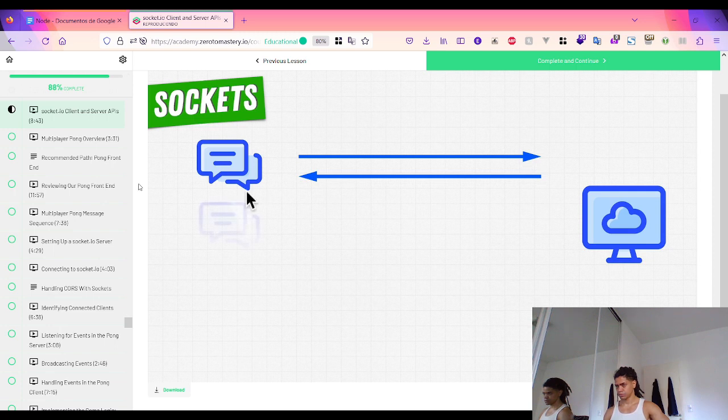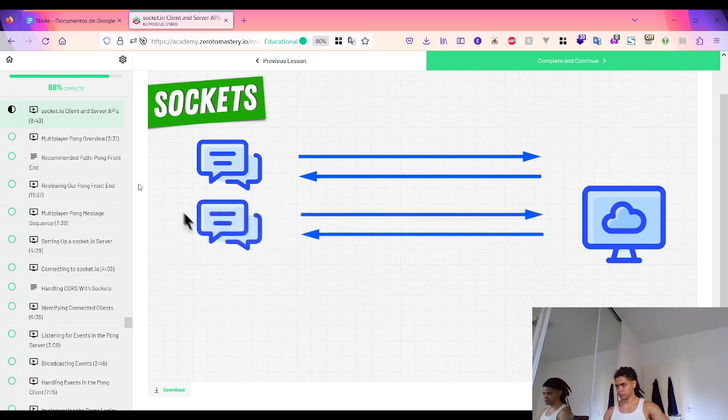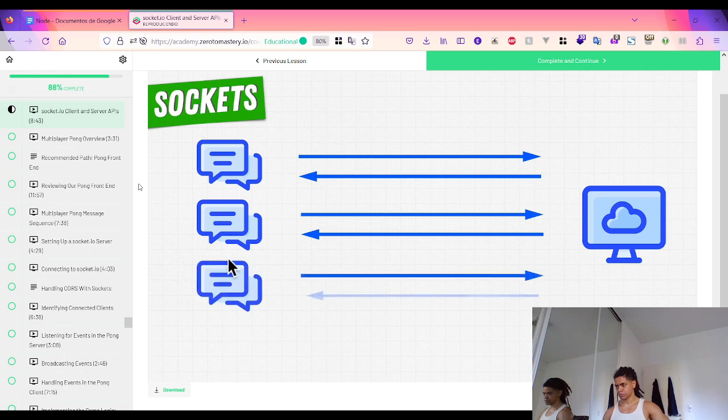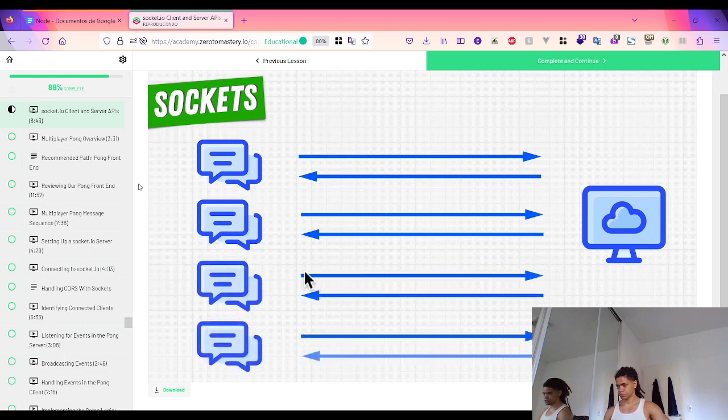For example, by keeping track of the multiple clients that are connected to it, and by having the ability to send messages back and forth between these clients individually, or to broadcast messages to all of them at once. For example, when the server receives a new message, it needs to notify all of the clients of that new